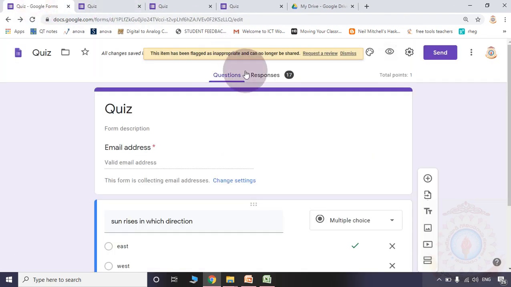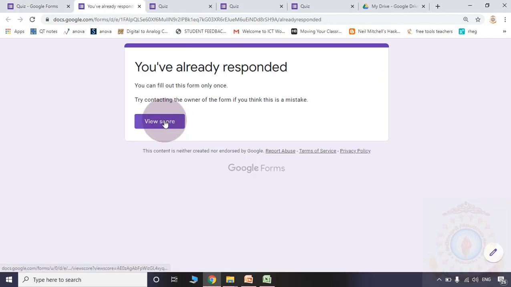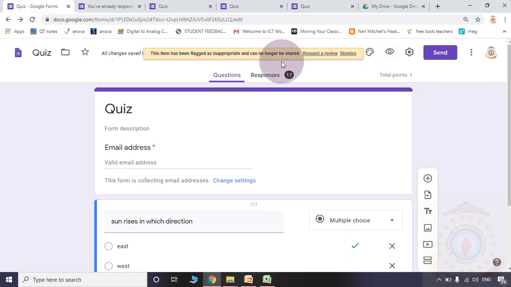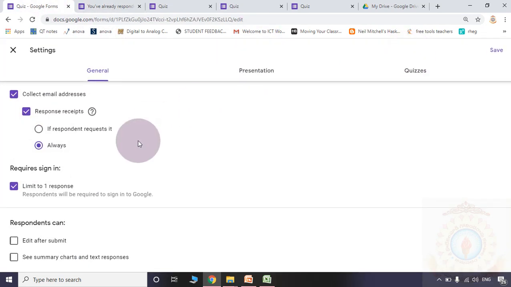Suppose I want to see the preview one more time. Please observe, already in the settings, limit to one response. In the demonstration also, I clearly told you to select limit to one response, because you are supposed to stop the candidate from attempting the quiz more than one time.